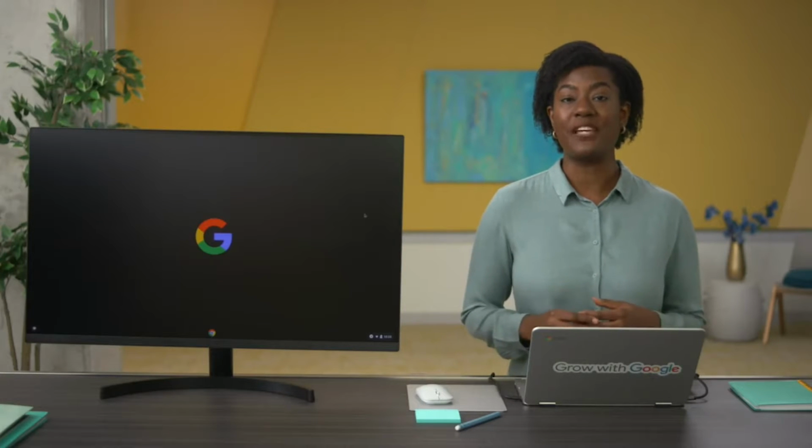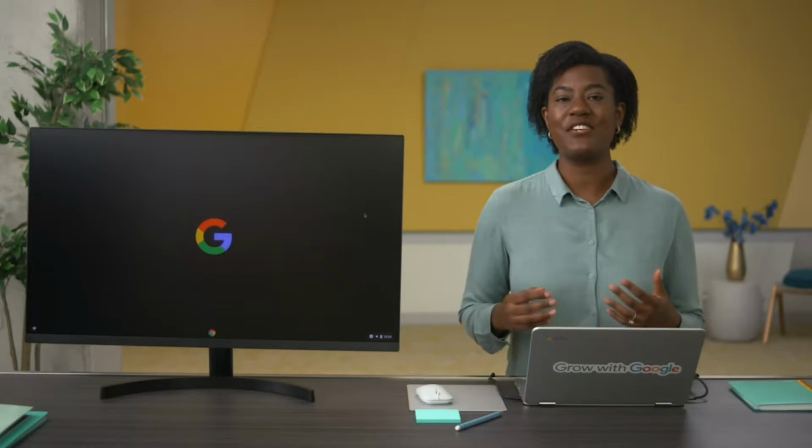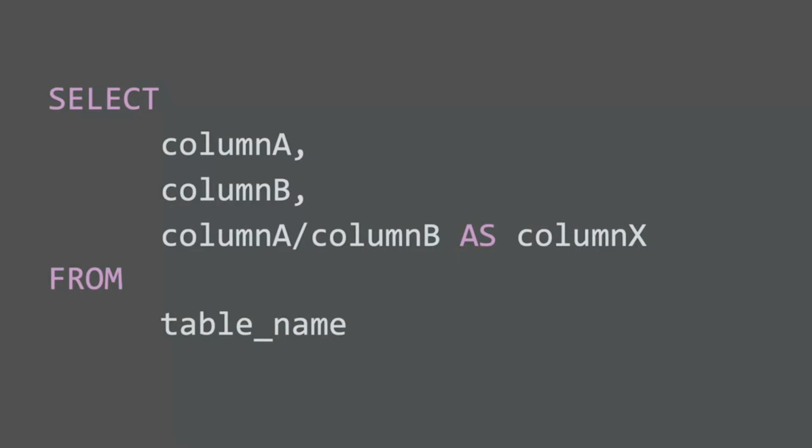Earlier we showed you how to complete calculations in SQL. While there's a few different ways, embedding them in queries is a very useful one. When you include a calculation in a query with other commands, you can do more work faster. Here's a basic query syntax that we talked about. We start with select and then the names of the columns we want to use in our calculations. Then we add in calculation details, including an operator like a / for division. Next we type as, followed by the new column's name to label the column with the calculated values. Finally, we end our query with the from command and the name of the table that we're pulling data from.